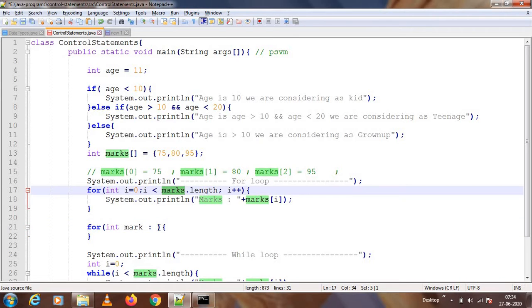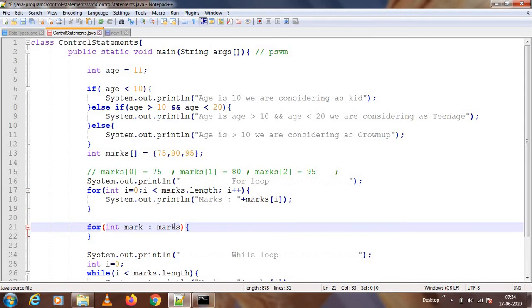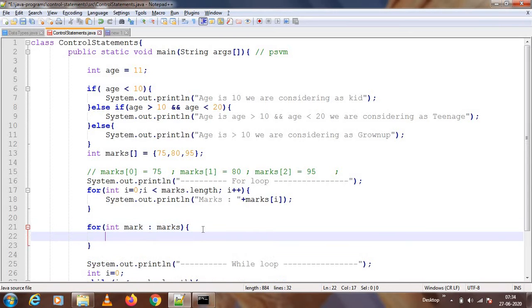So this is the array, and every time this for each will put an element in this variable which we have declared here. This is a variable, and this is an array which we have declared at the top. So every time one element will be put inside this, and then that element we can print it.